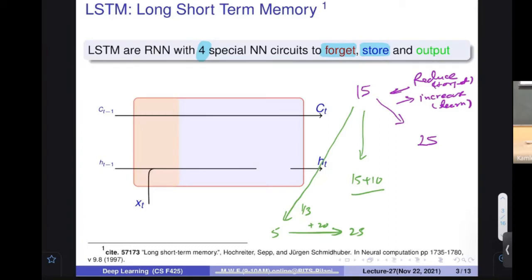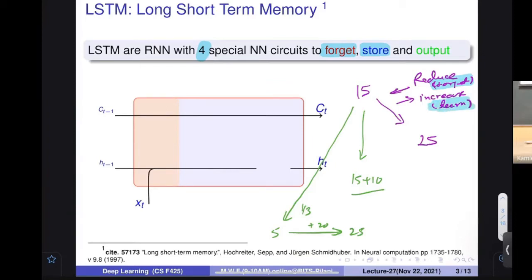What my point is that if you want to forget something, forget cannot be anything that is being added or subtracted. Adding or subtracting is a learning part, how much you are going to add. Because adding and subtraction, you know that in the computer science domain they are the same. It is just a matter of sign. If you want to subtract something, you take the 2's complement and add it. So ultimately you are going to add only. So if you are adding something, it is going to be learning. Either it is a positive learning or negative learning, it is learning.